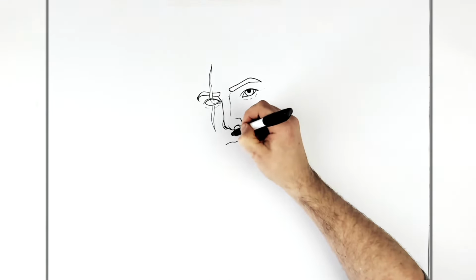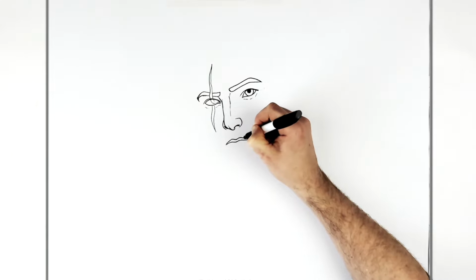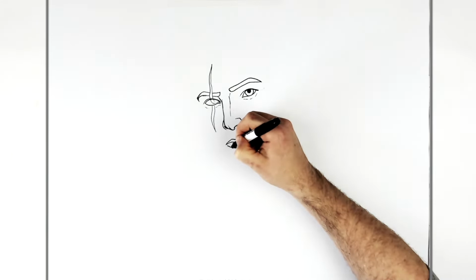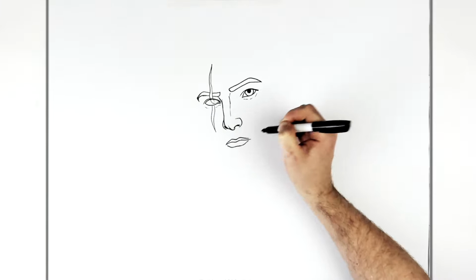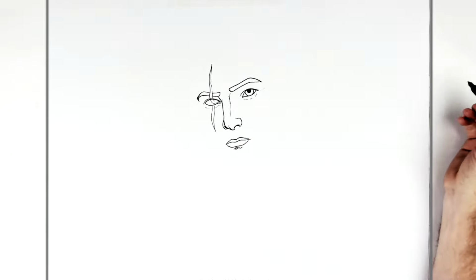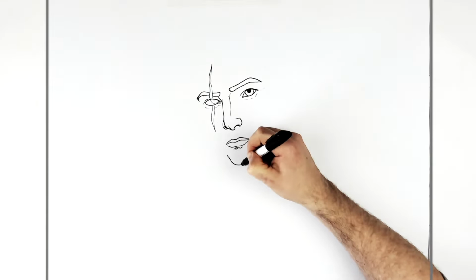Okay, and then his top lip comes up, down the middle, back up, and then down to there. And then the bottom lip comes underneath and up to there. You might have a shadow just underneath, like so. Strong chin, strong square sort of chin,